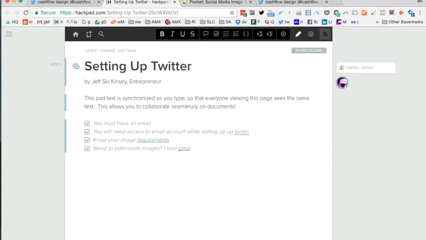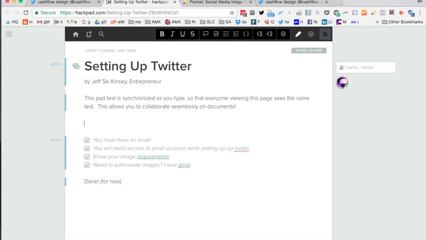So, I hit return twice to get out of this mode, and I'm going to say done for now. Well, I am going to want to share this video, so let's put an overview here. Video link to this how-to. And then I'll create that link and I'll share this HackPad, and that'll get everybody to wherever they need to go. So how's that? And to get out of here,